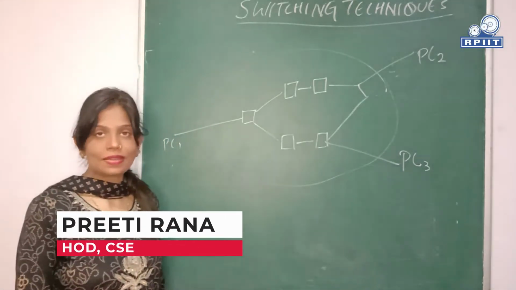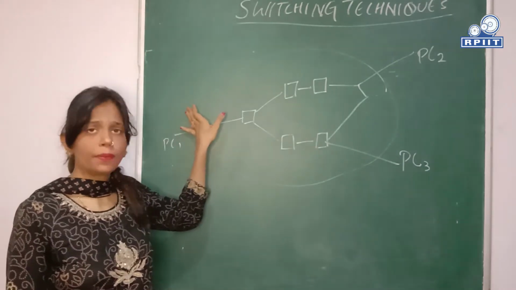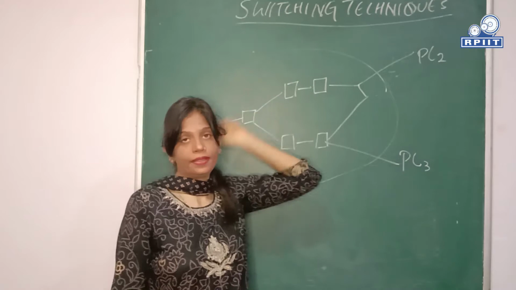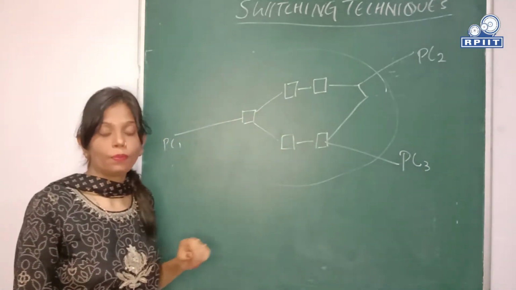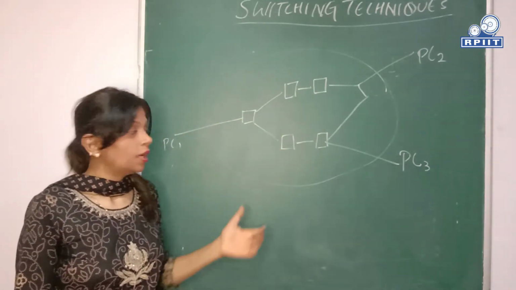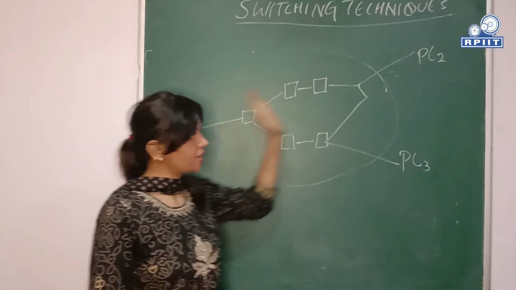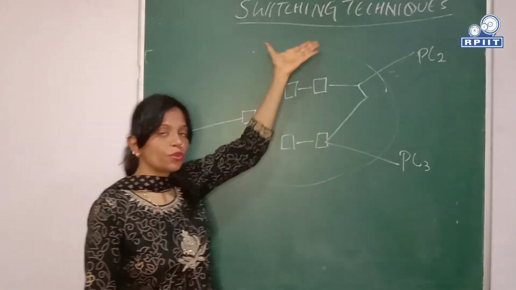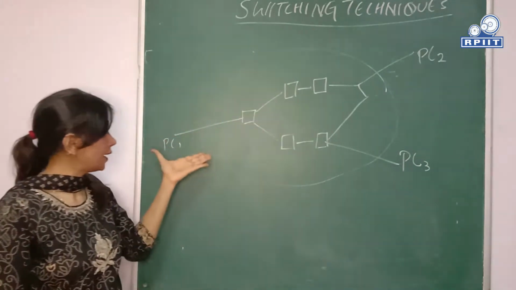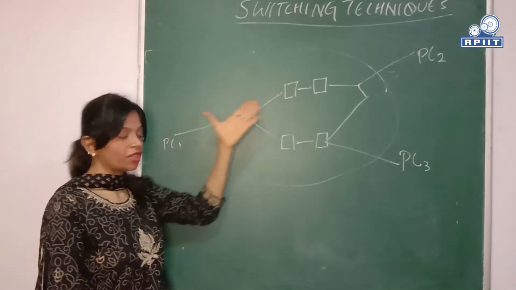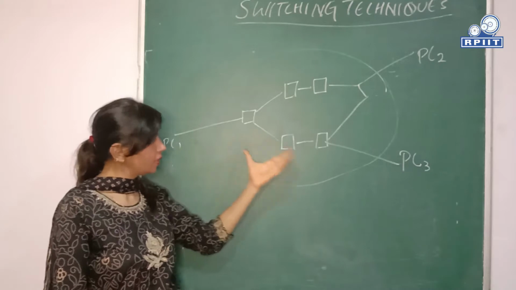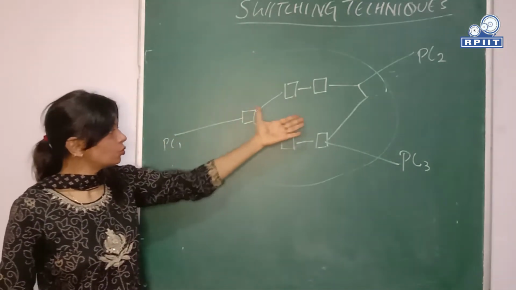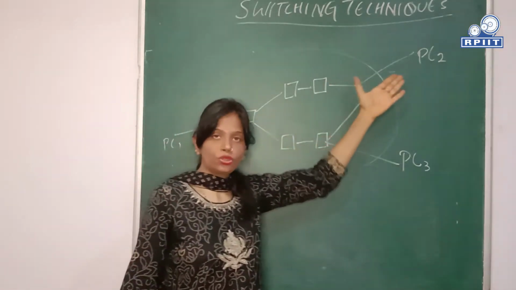I'm going to discuss a topic related to computer networks, that is switching techniques. Now, what are switching techniques? For the transmission of data beyond a local area network, for transmitting the data from sender to receiver or from either endpoint, we usually prefer switching techniques. This kind of communication is carried out through intermediate nodes in the network that are used to transfer the data from source to destination.